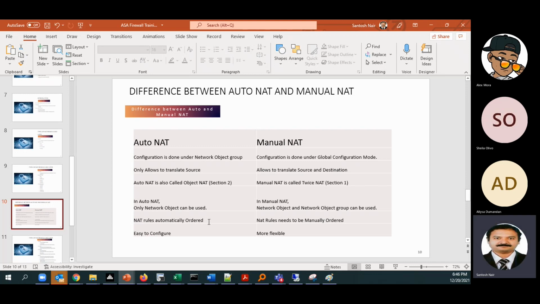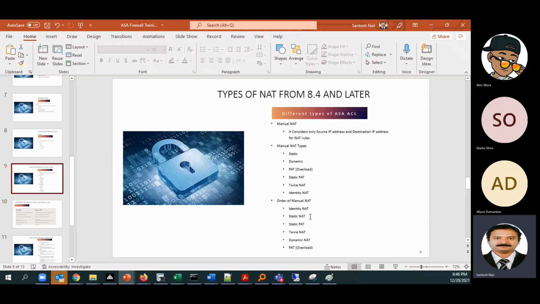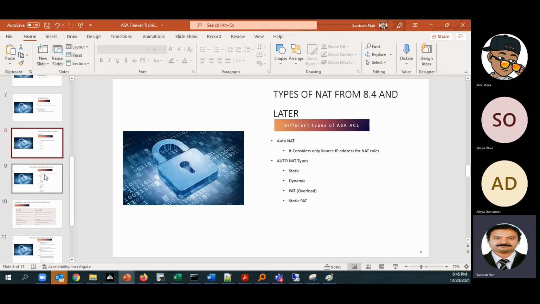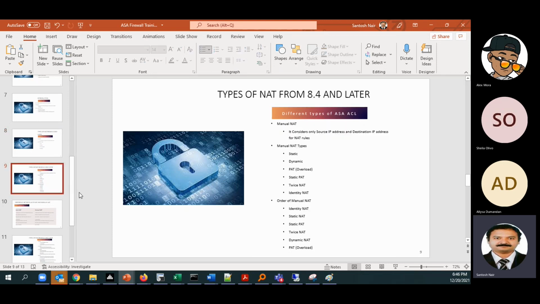Next, there is an order in which NAT rules are processed. In manual NAT and auto NAT we have different types of NAT: 4 types in auto NAT and 6 types in manual NAT. Whenever we are implementing these types of NAT, the first NAT that will be processed is identity NAT.